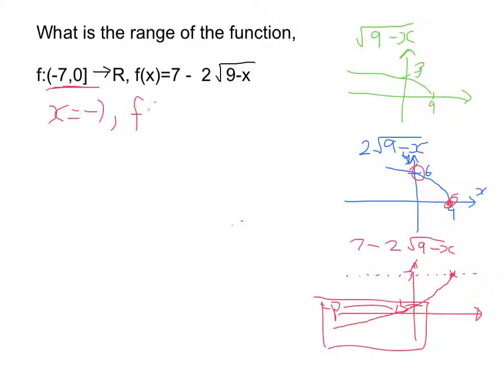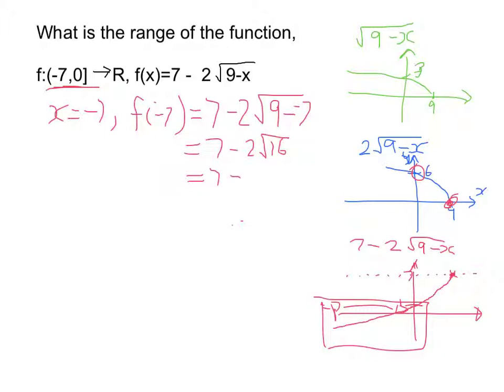So f of -7 will be equal to 7 take away 2 root of 9 take away -7, which is 9 plus 7, so we're looking at the square root of 16. The square root of 16 is 4, 2 times 4 is 8, 7 take away 8 will equal -1. And then if we look at x equal to 0,